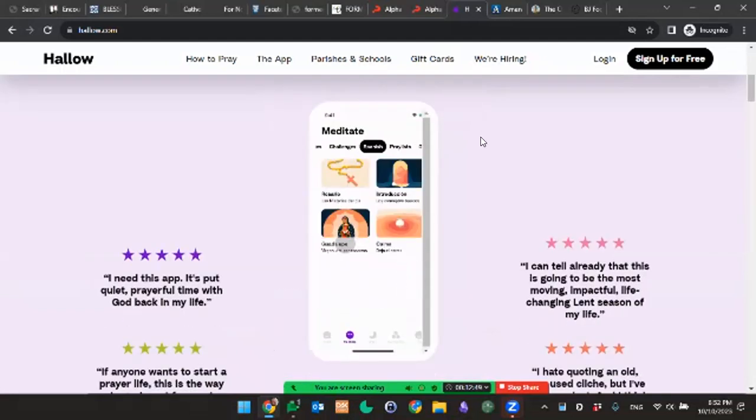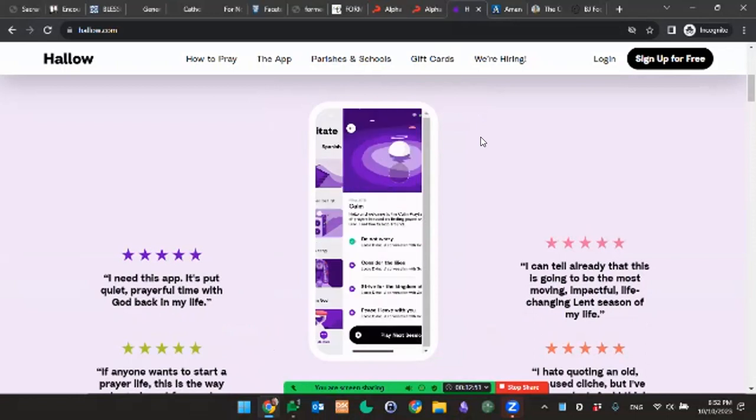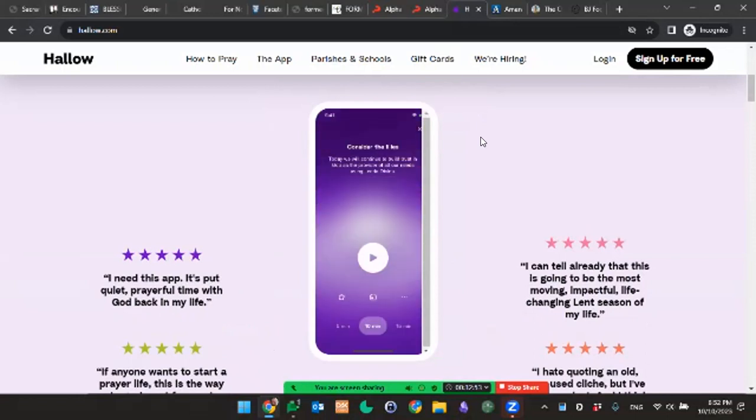You can go into the app and pick out something that appeals. If you just want to calm down a little bit, or have a little scripture reflection, the daily gospel or something like that. My wife and my family and I have been using Hallow for probably a year and a half now, at least, and it's been fantastic for us. It's helped to really make our prayer more consistent, even just a little bit every day.